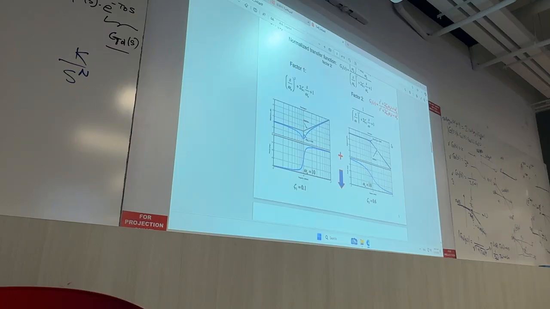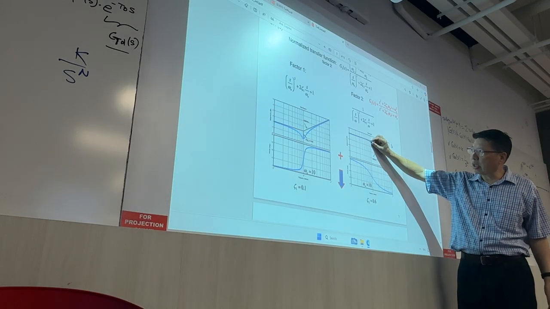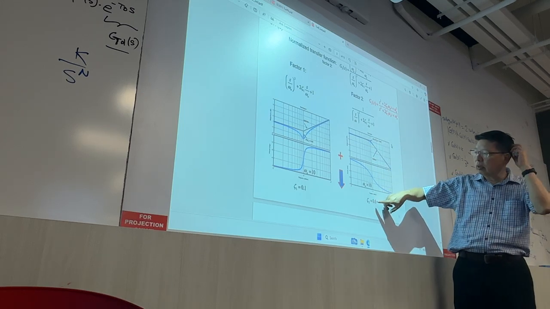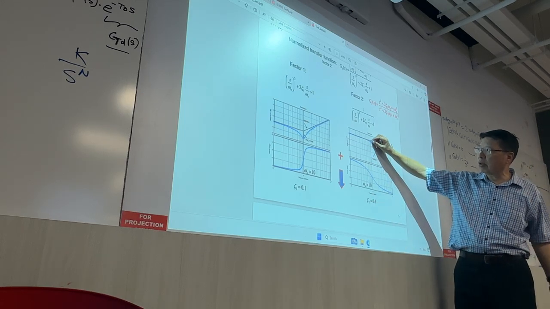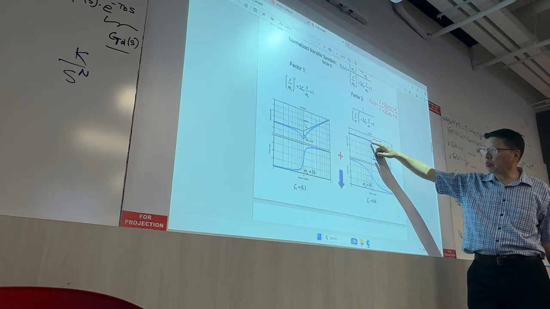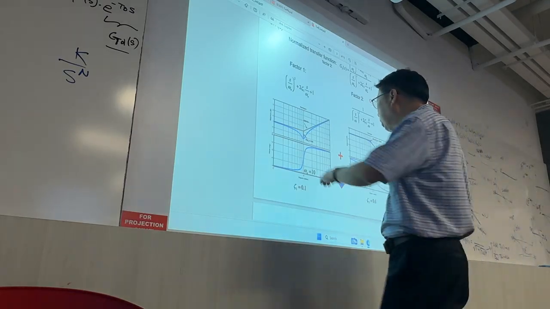Damping ratio is 0.6. So the damping ratio is 0.6. This peak is actually reduced. When it's 1, it's 0, right? And then when it's 0.6, actually it's already 0. Below 0.7, it's 0. But basically, we get this